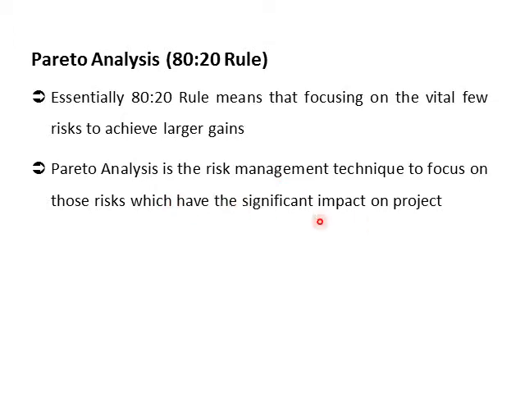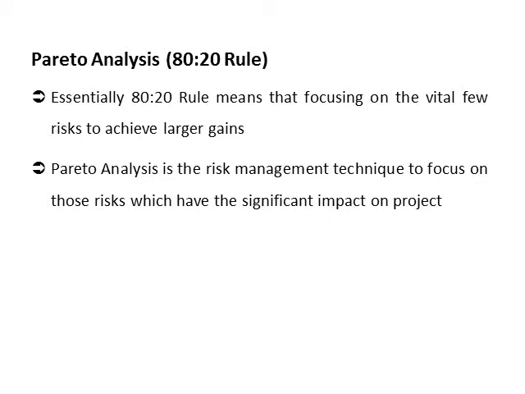So we have to segregate the important risk from the trivial risk in the project, and we only have to focus on the vital or critical risk, and we have to ignore the trivial risk or less important risk for the time being. So let's move to the example